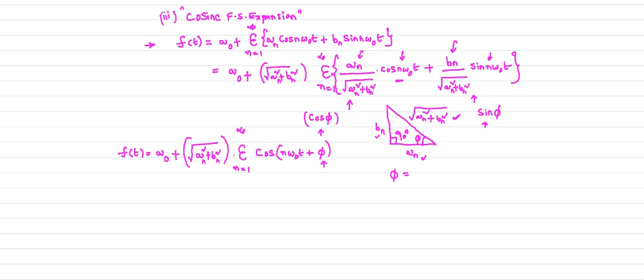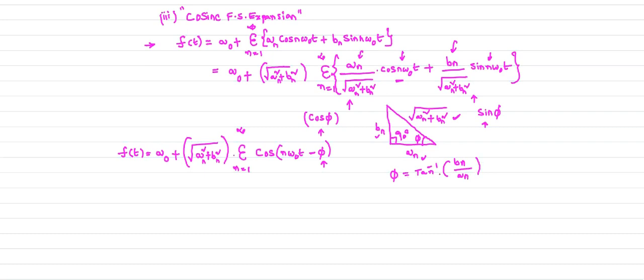So instead of plus, you just consider here minus, so that it is very easy to understand. Now cos of a minus b is cos a cos b plus sin a sin b. Now what is your phi? Your phi is nothing but tan inverse of Bn by An. That is your phi.